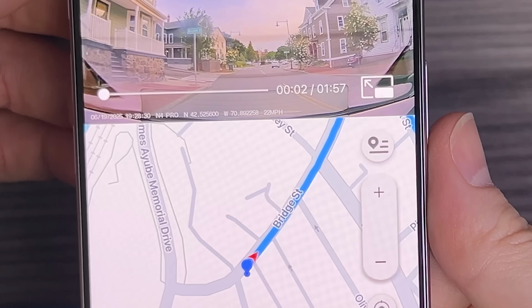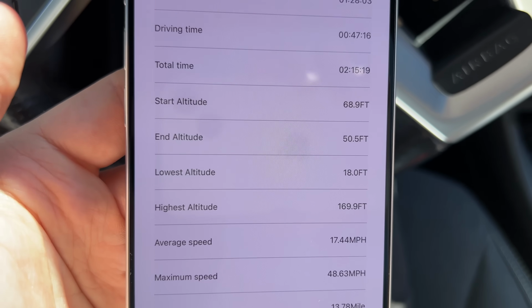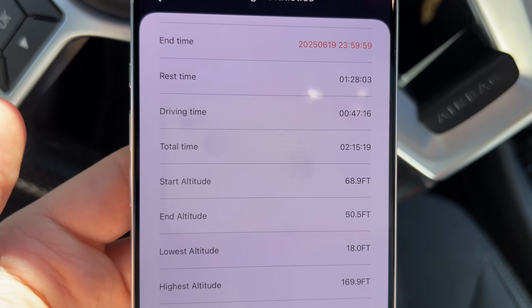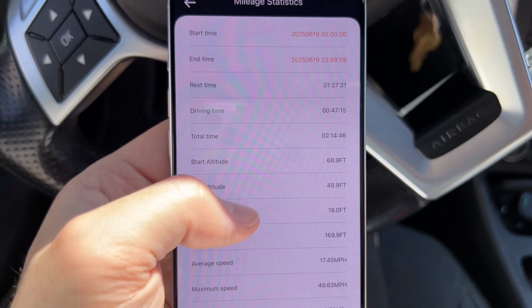This means you can review precise route details of past trips through the accompanying app, while also monitoring your speed, just in case you need to fight a ticket saying you are doing 69 in a 65. It not only comes in handy legally, but also adds concrete evidence to insurance claims. The mileage tracker is great for tracking your mileage for reimbursement or to help figure out what your fuel economy